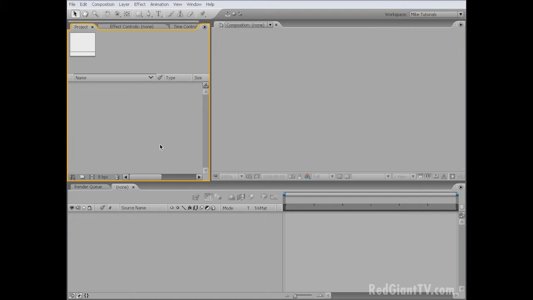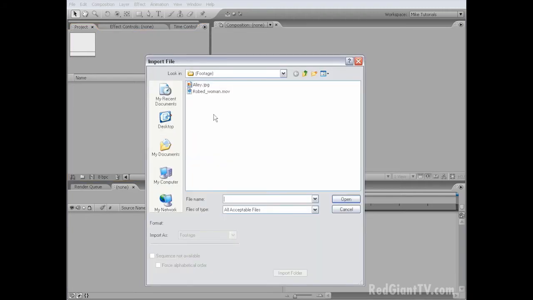The first thing we need to do is import our footage, so in the project window, double-click and navigate over to the project folder. Now I've provided two separate pieces of footage. One is the Alley JPEG and the other is the Robed Woman movie. Now the Robed Woman movie comes from the Crowd Control collection at